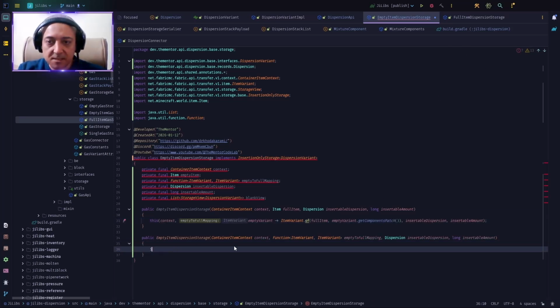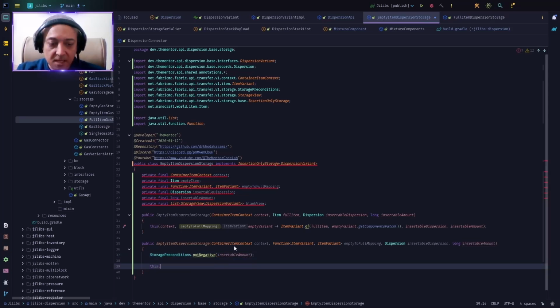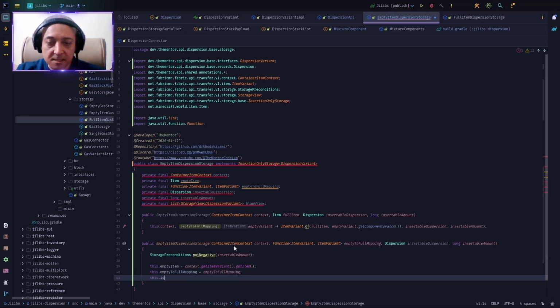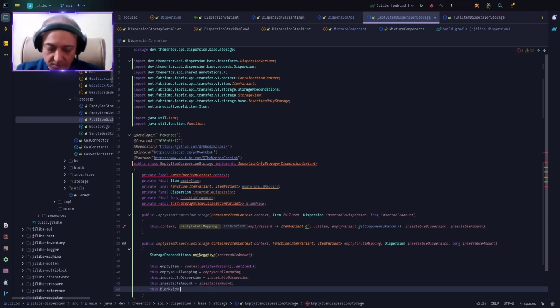So this time we say StoragePreconditions.notNegative(insertableAmount). It shouldn't be negative. this.emptyItem equals context.getItemVariant(), and then from there get the item itself. This is the current item that we are working with. This is the empty version. And then we say this.emptyToFullMapping equals the method that we sent in. Then this.insertableDispersion equals insertableDispersion, this.insertableAmount equals insertableAmount, this.blankView equals List.of, and here we say